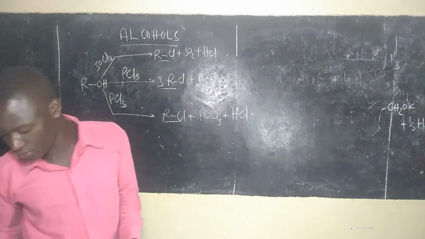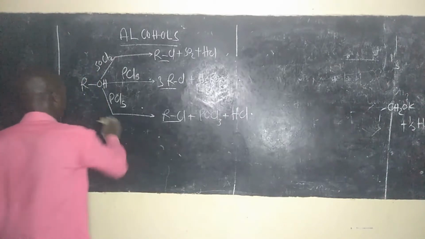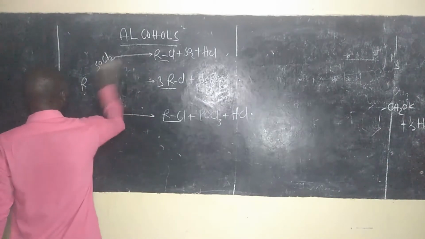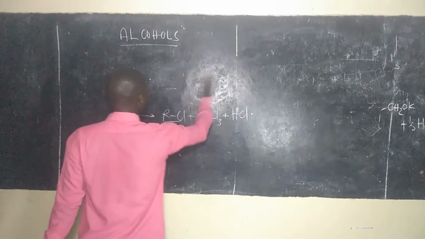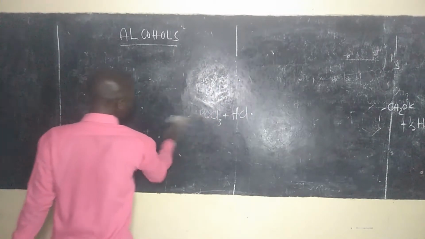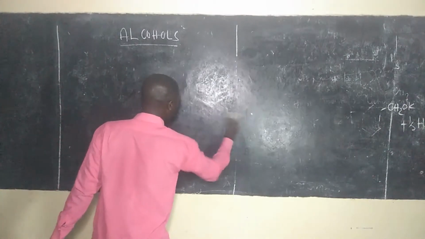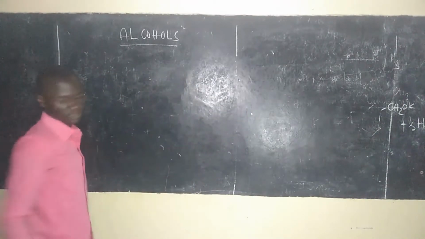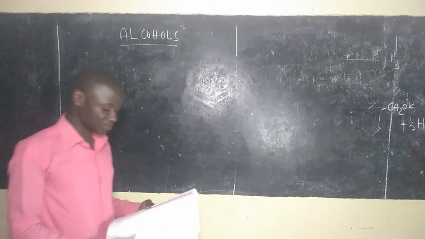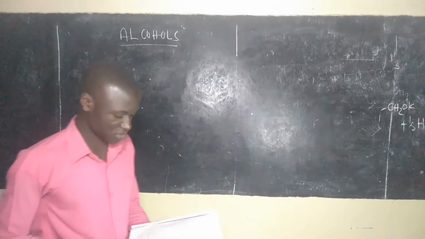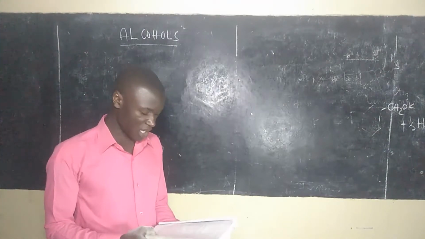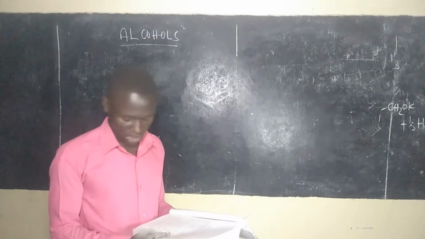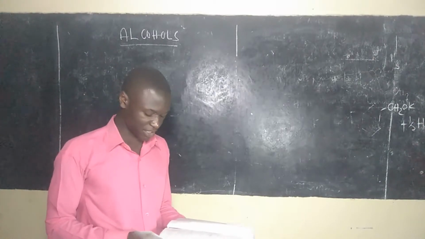So we'll see different examples of these reactions in the notes. We have different examples, a bunch of them, but this is the general idea you need to understand about these reactions. We'll have 3 of them, but all of them, their product is haloalkane. Haloalkane is the major product of these